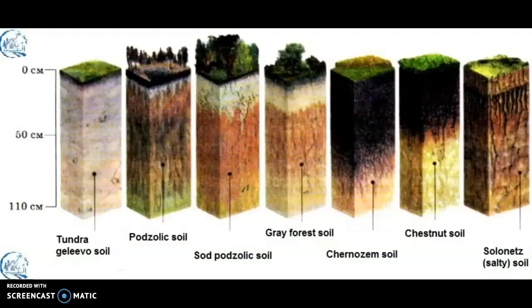Now, in terms of highlighting the richness, the depth and the thickness of the organic layer, this is an image showing different types of soils found in different areas, of course, from tundra all the way down to podzols. We have gray forest soils, Chernozems, this is our prize here we're looking at, and also chestnut soils and these solonetz soils. Now, students, with respect to Chernozem soils, look at the depth of the organic layer. Look at the darkness of this.